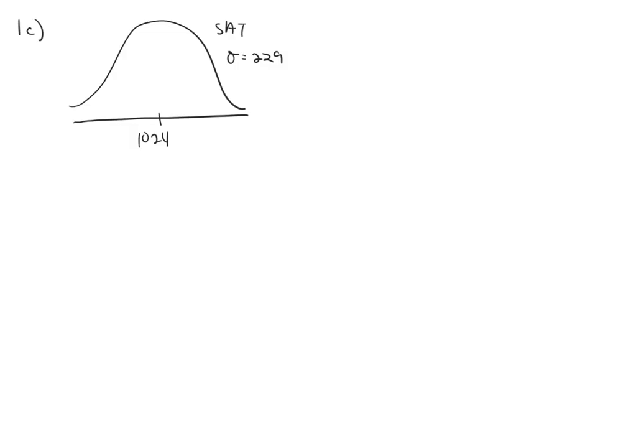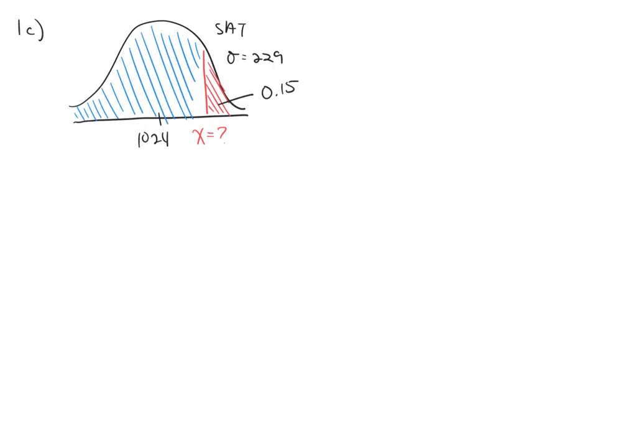So 85th percentile, that's kind of high. That means that we're looking for an SAT score that's on the right tail of the distribution. An SAT score that separates the top 15%. So that means that this shaded area in red is an area of 0.15, which means that the area below it, which I'll shade here in blue, is the 85%. So that is